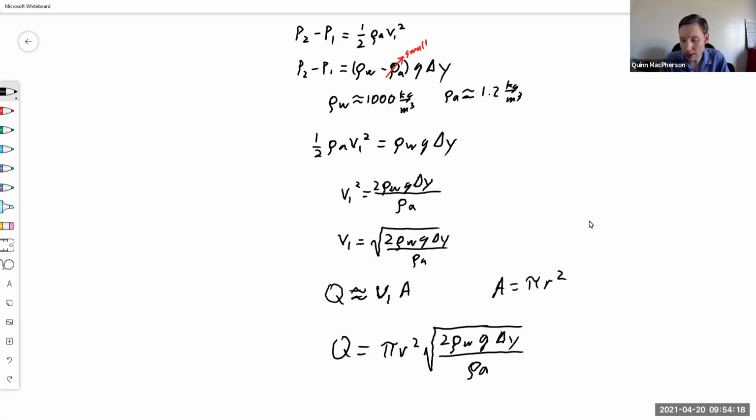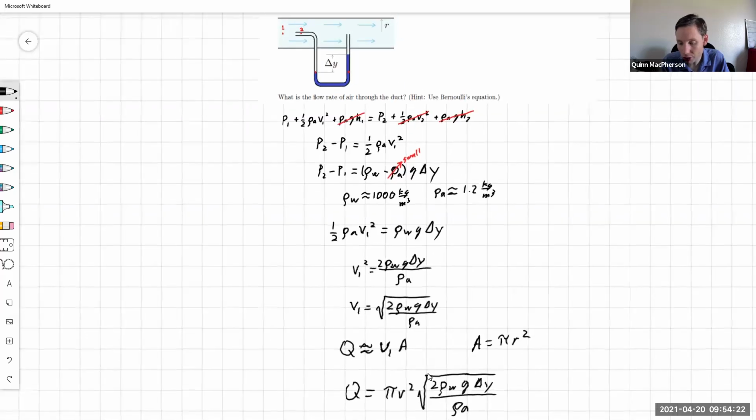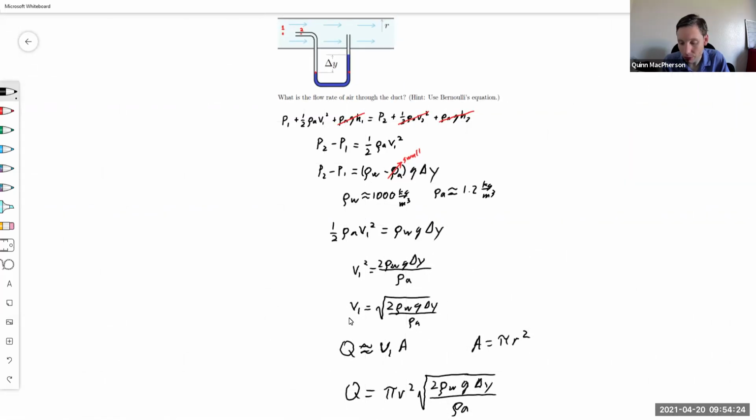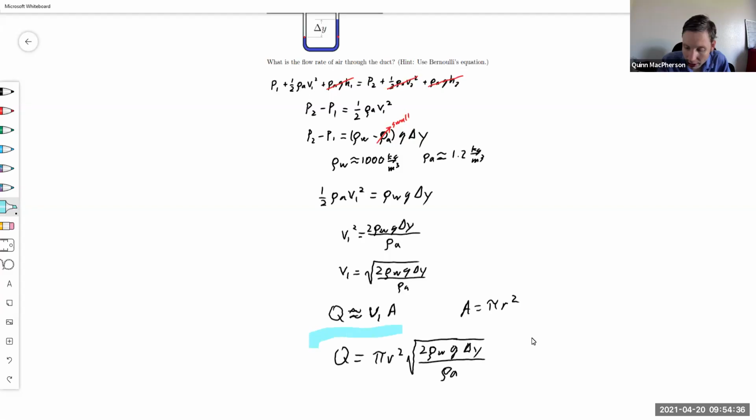And that is how you use a pitot static tube to measure flow rate. So this equation right here is how you use it to get velocity, which is a lot of times what pitot static tubes are used to get. If you want to convert that into flow rate, that's the answer down there. Okay, and that concludes